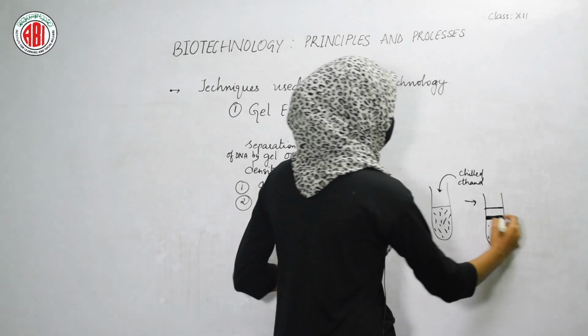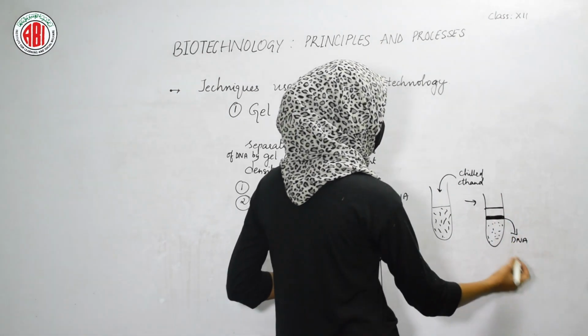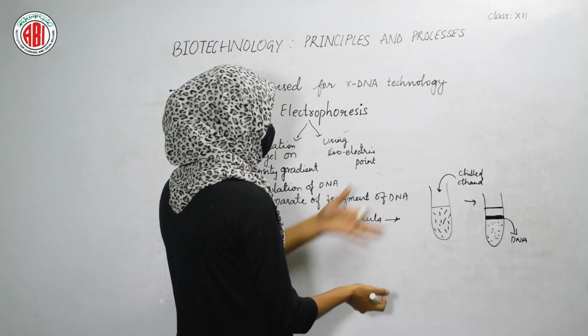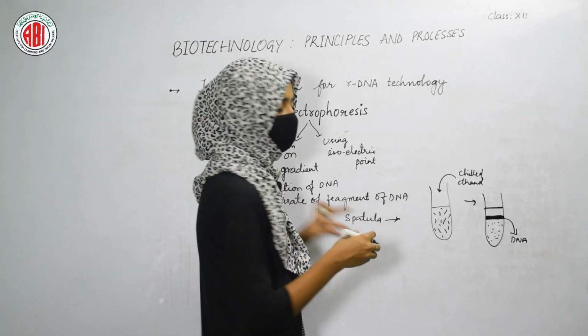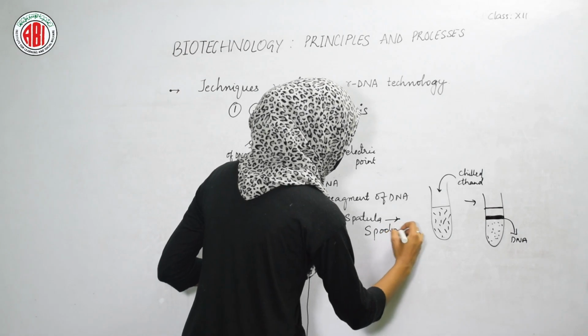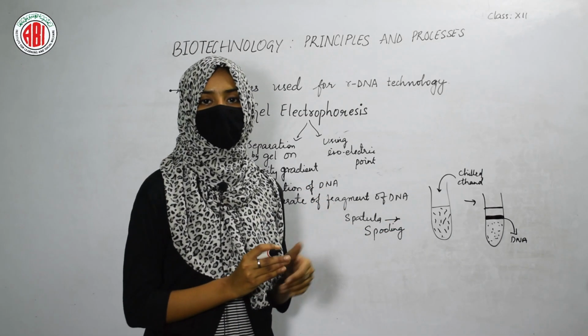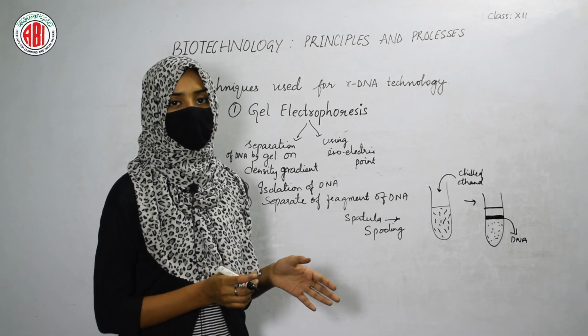Now these separated fragments of the DNA can be taken out with the help of a spatula. This isolation of the DNA which gets precipitated in this mixture can be done by using a spatula, and this process is termed as spooling. After the spooling, after the isolation of the DNA strands that get precipitated or separated from the mixture,